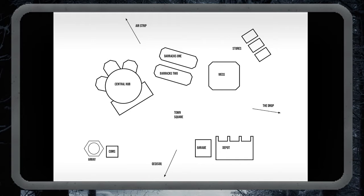So this is a very big tent. One end has a cook area at the end of the tent. It doesn't have a room. It's just a big tent. So let's go back to the main